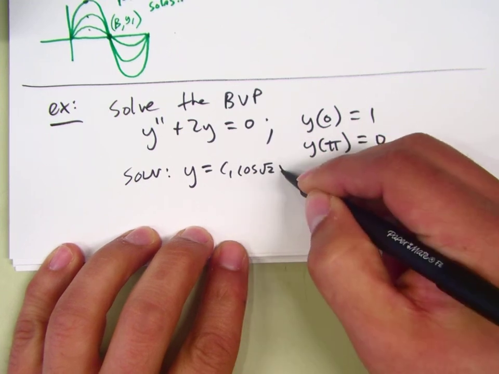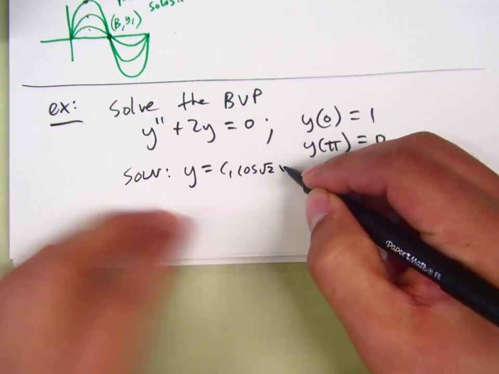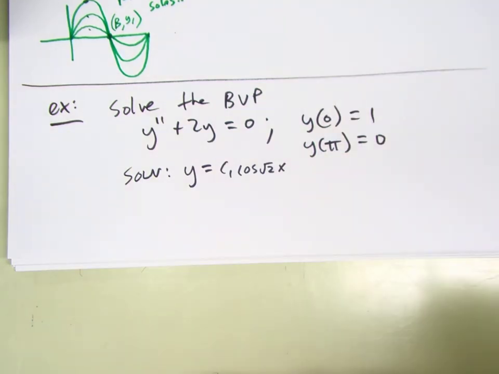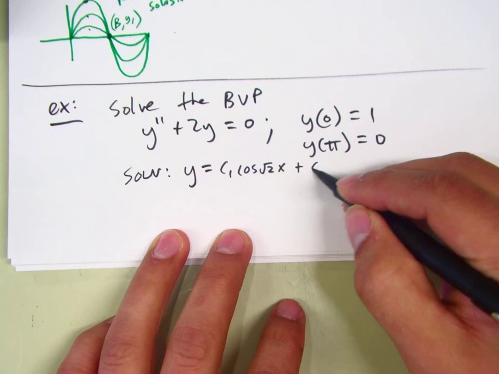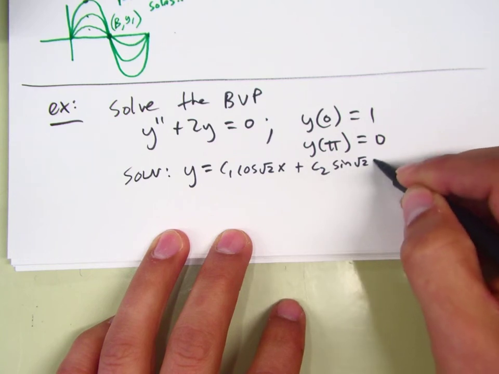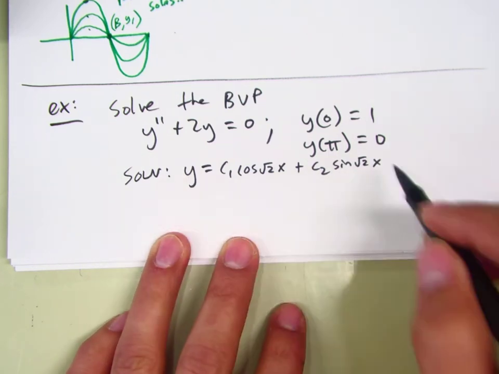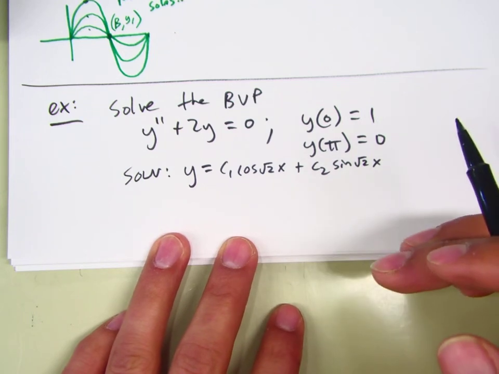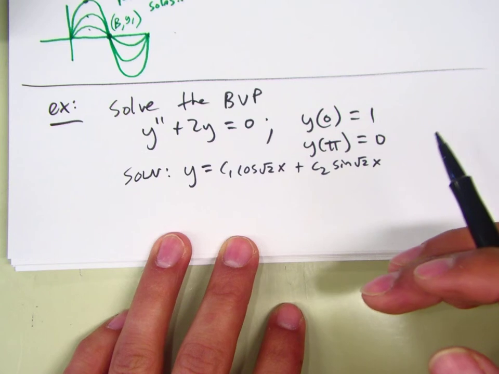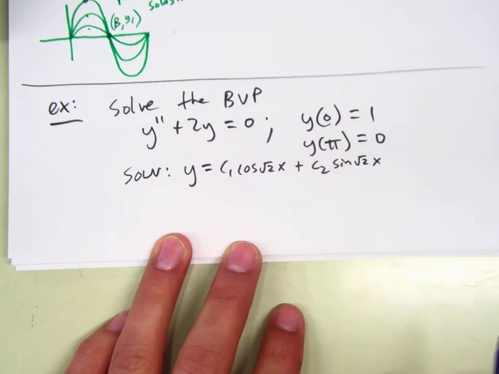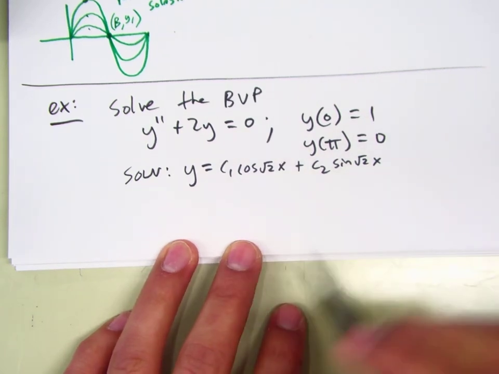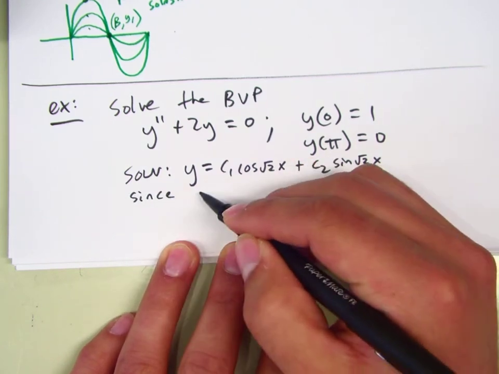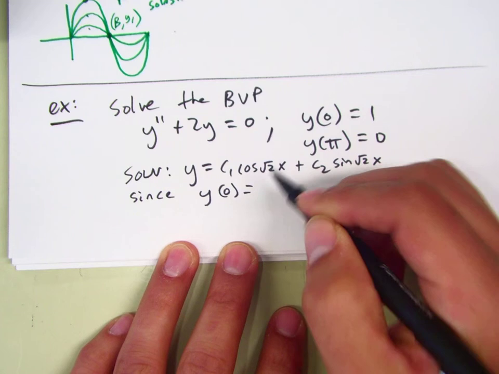Root 2 t, or we're going to use x since we've been using x so far. Okay. I hope that's still in there somewhere. Now, if you're struggling with Unit 5, then that's a concern. Okay. Now, let's continue. So since we have that y of 0 must be 1,